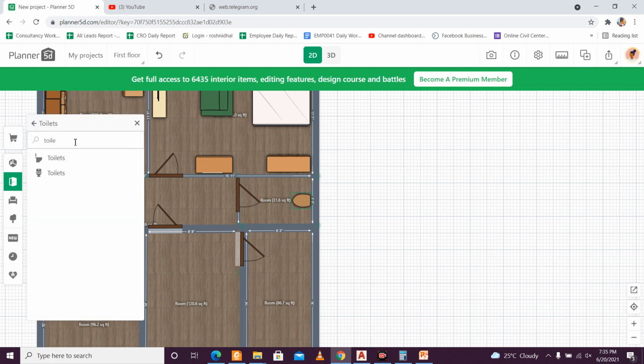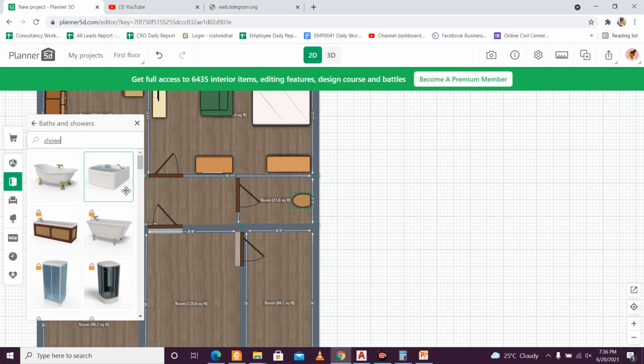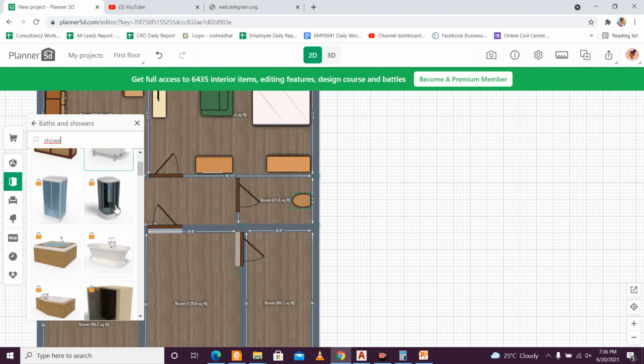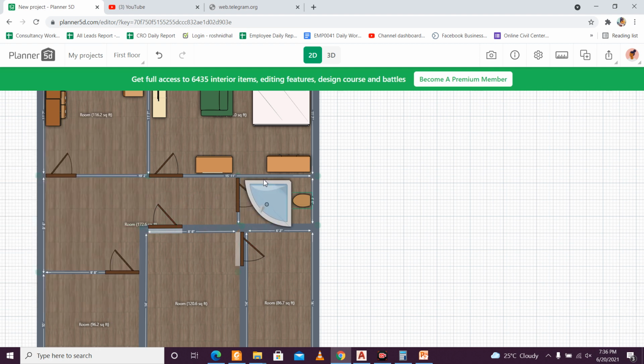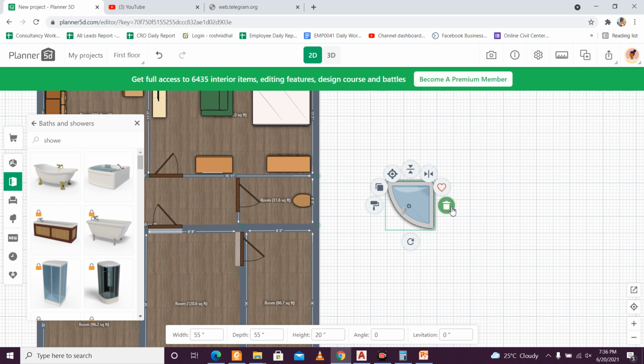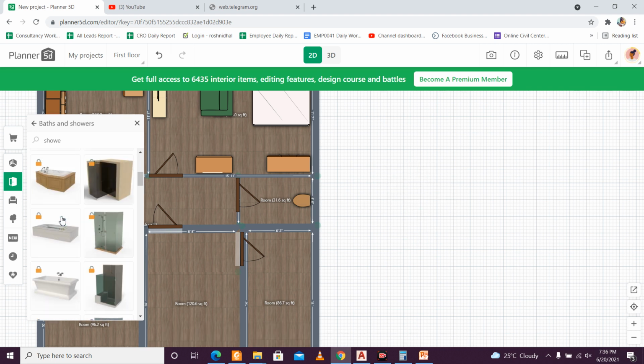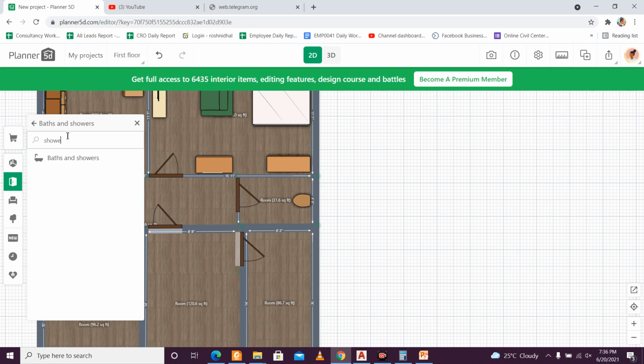And showers and baths. Okay, you have baths and showers also. So as you can see, these showers and baths. So can I put one? It will actually be too much, because this bathroom is not designed for a bathtub, so you have to take that size. So let me see if we have some bath showers.